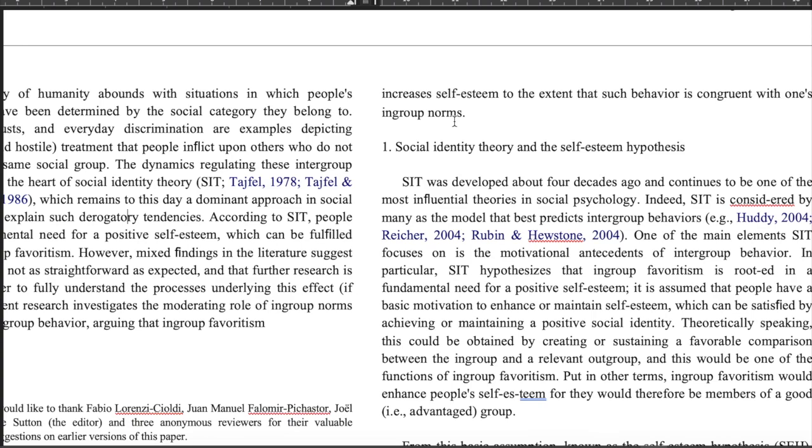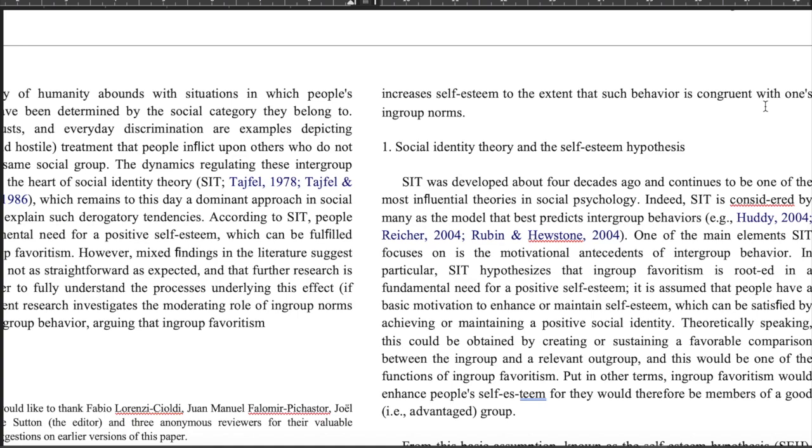So he's saying essentially that the relationship between in-group favoritism and self-esteem is only true when the norm of the group